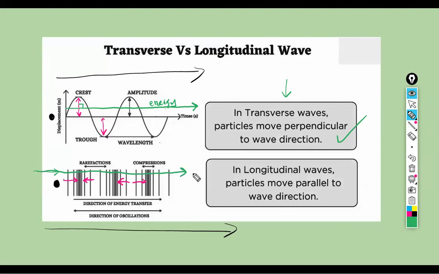Now look at the green line and look at what? The pink arrows. They are not perpendicular. They are actually what? Parallel. Both of them horizontal, right? Hence the definition for longitudinal waves. And the most common example for a longitudinal wave is sound. Sound compresses and decompresses. It doesn't make the air particles go up and down like in a transverse wave, right?